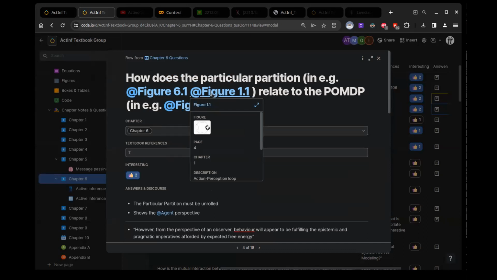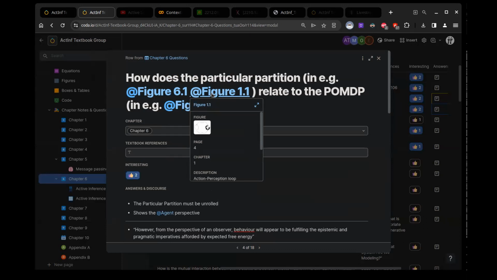Yeah, one other way to look at it is that in POMDP, the agent's preferred observations somehow strive toward keeping it within the high probability states, which would be consistent with its continued existence.